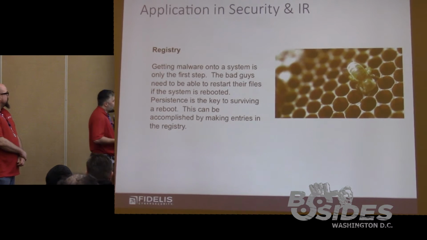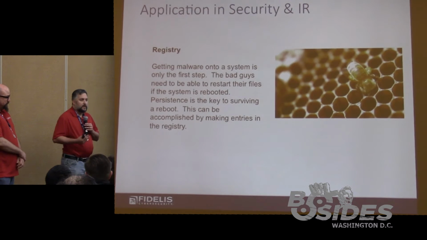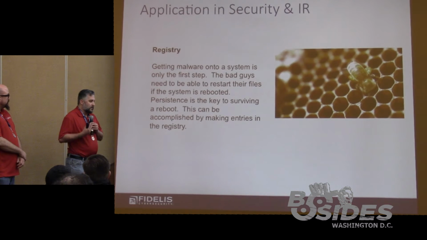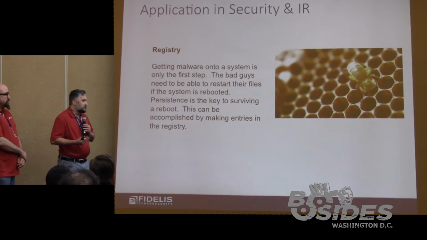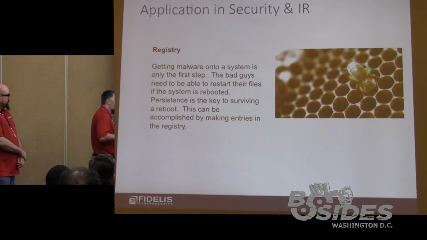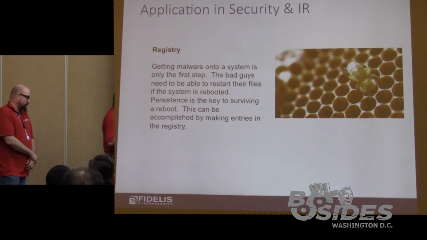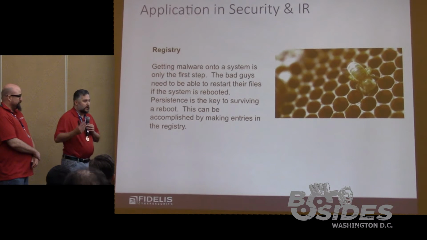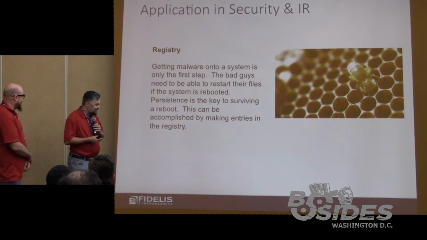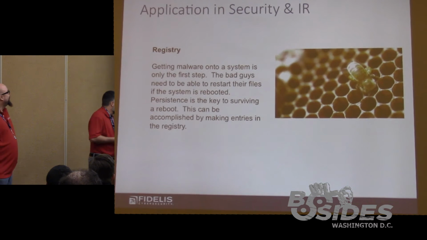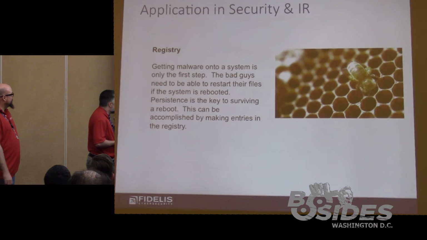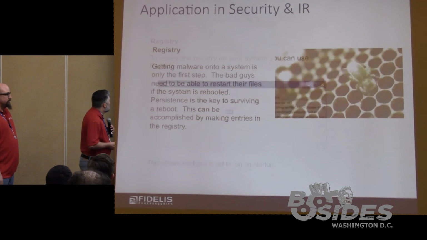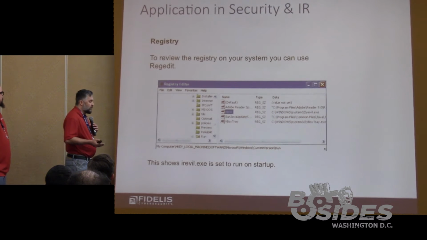In this case, what we're looking for, the bad guys, they want their malware to keep running. So if you reboot the computer, there's no persistence necessarily set up. And persistence is what we call it when malware has basically been entrenched on the system and we reboot it. So basically, we're looking for evidence that this malware is going to persist every time we reboot the system. And again, just like with the file system locations, we're going to have a number of locations we can actually look through.